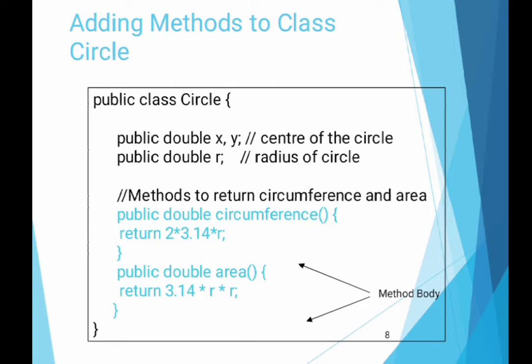This is the formula for the circumference of a circle, that is 2 pi r, and the bracket is closed. Next, public double area, return pi r square, as the area of a circle formula is pi r square. So these are the two methods we have declared and defined in the Circle class.